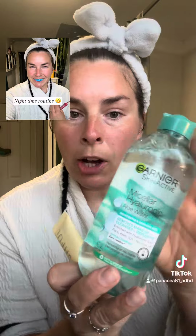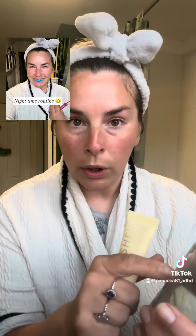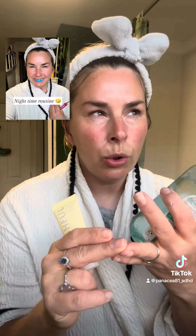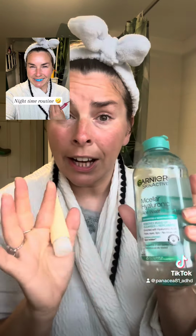I always take my makeup off with this stuff, the Garnier skincare. I like the micellar aloe water. There's a couple of different ones. I've got the yellow vitamin C one, and I've got a rose one, but this is my favourite, and I think it removes the makeup much better. I had quite a lot on earlier, and it's all gone and lovely. And then what I put on top of that, hang on, sorry, that's just bits of that. What I put on top of that afterwards,